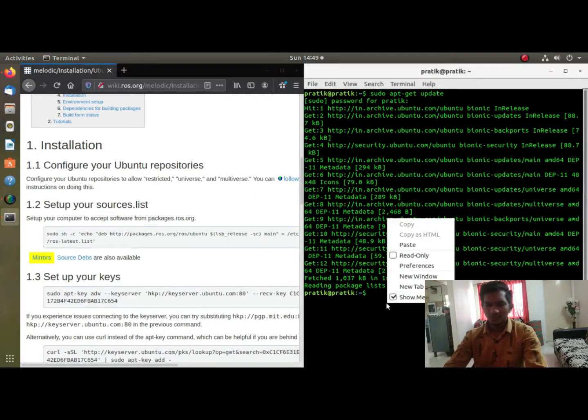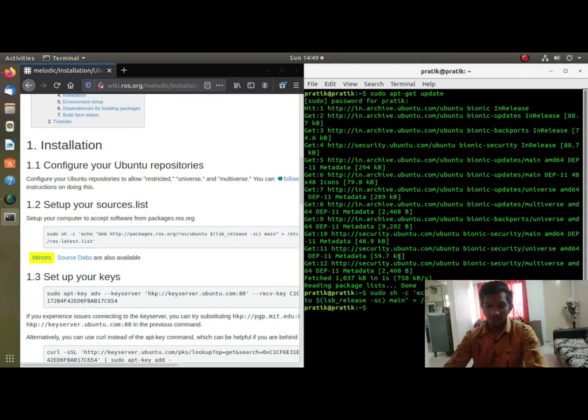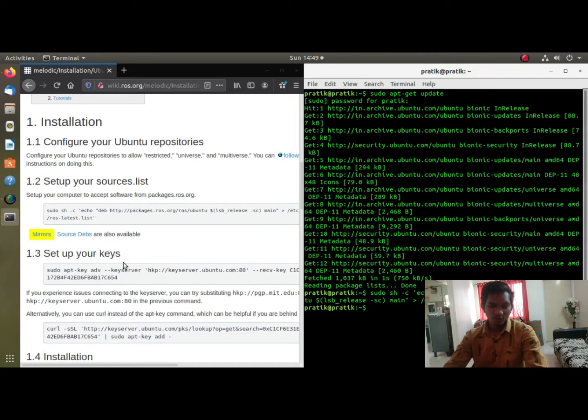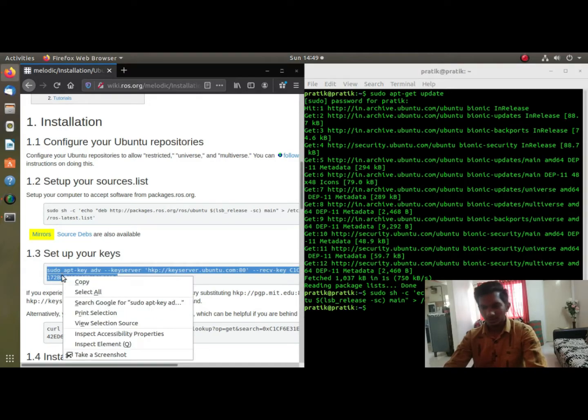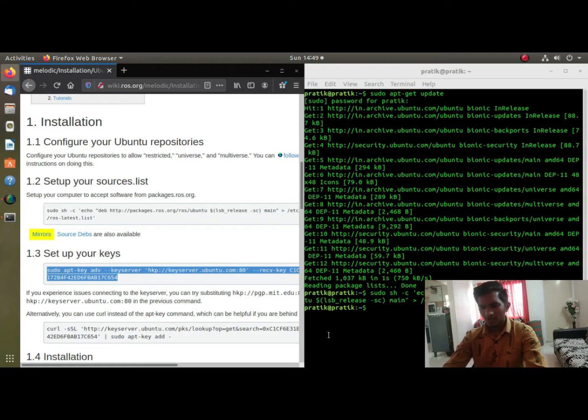While installing, you will face many problems. Unmet dependencies are the most common problem you will face while installing ROS. If you are facing any of these problems, you can comment down below. If I face anything at this moment, you will see how I search for the problem and solve it. It's not a big deal to solve that problem, it's very easy. So I'll just copy and paste all these commands. It will try to install on its own. Then again I will check with sudo apt update.